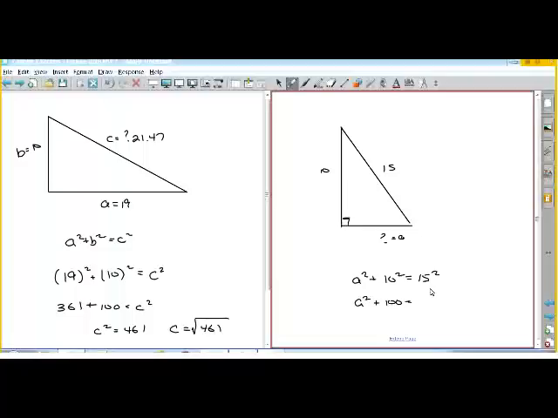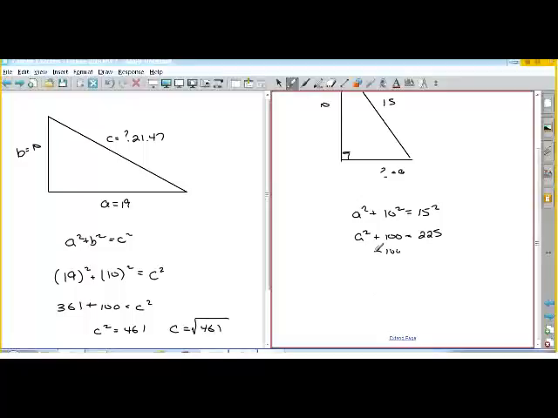Then we'd square them out, so 10 squared is 100, 15 squared is 225. Then you subtract 100 from both sides, so you get a squared is equal to 125, and a is equal to the square root of 125,